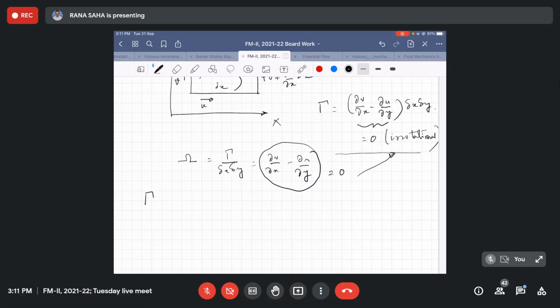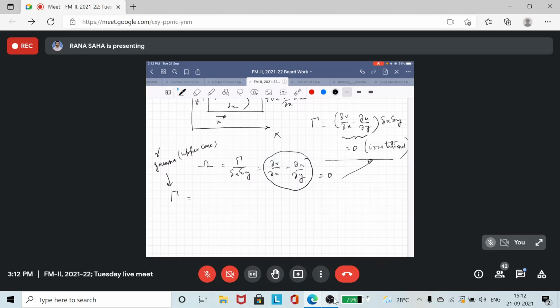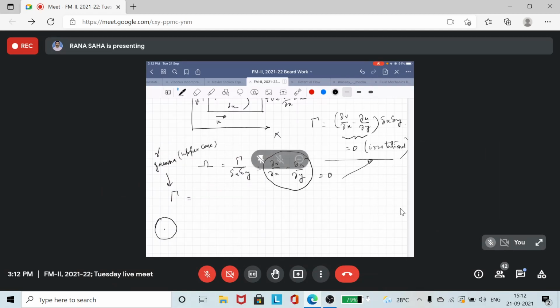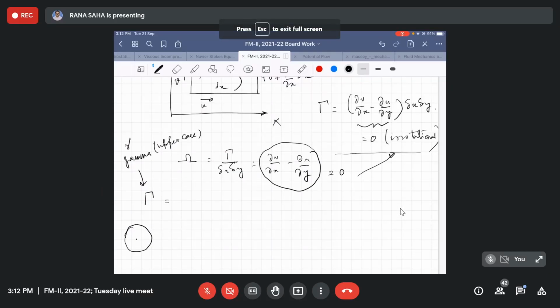This is actually capital gamma, gamma in uppercase, and the lowercase of gamma is this, right? So this is the circulation for a circular circuit. Okay. So if you are having a circular circuit like this,